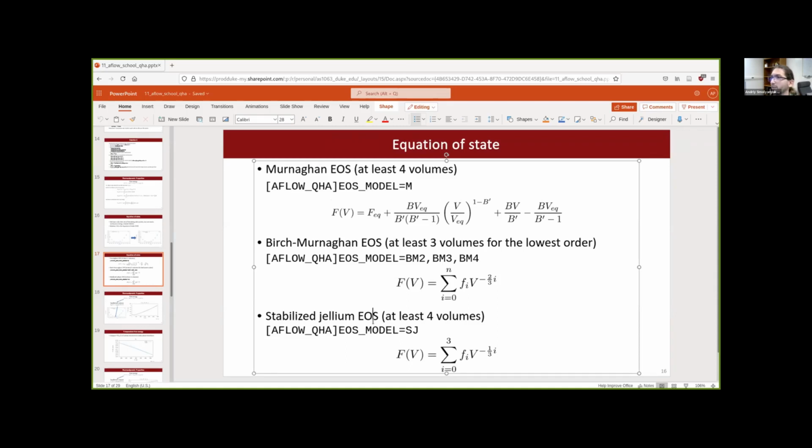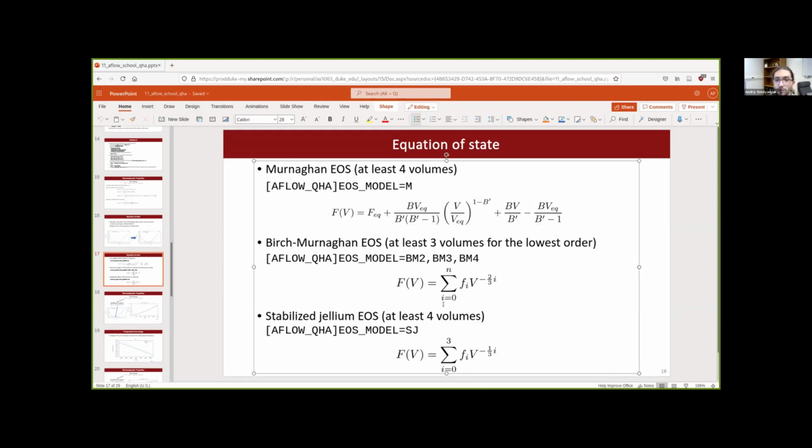For example, thermal expansion can be varying by 1–2%, which is not a very big deal. But another thing to have in mind is that if your data is not so good, you might get into troubles to have a fit. And you should keep in mind that Birch-Murnaghan EOS is a non-linear model, so it requires a bit different type of numeric algorithms to actually perform a fit. And the stabilized jellium EOS is a linear one, so that should be easier and a bit more